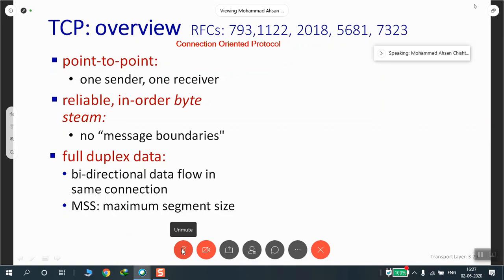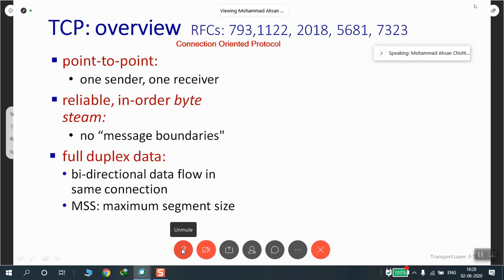Which makes something interesting here, that we cannot have broadcasting in TCP. We cannot have multicasting in TCP. We expect only the one-to-one connection, one sender and one receiver. Why? Because of the reliable transfer, because of the handshake, because of the acknowledgements and so on, and retransmissions. We would want to have TCP as point-to-point. That's mentioned here as well. The next thing is that TCP is in-order delivery.